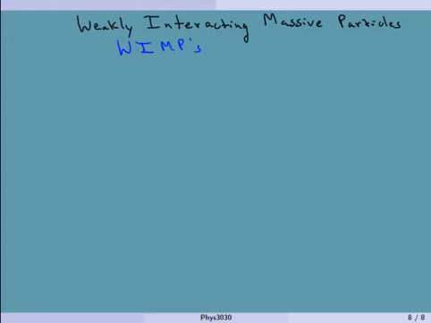WIMPs. What are the ideas? There's many ideas for WIMPs. Maybe there's something that's lots and lots of little tiny particles. That's the idea here, right? So it's lots of tiny particles. Okay, and as I was sort of hinting at before, maybe there is an actual weak interaction particle that could be responsible for these particles. And of course, we have one on the list, right? So first candidate is the neutrino.